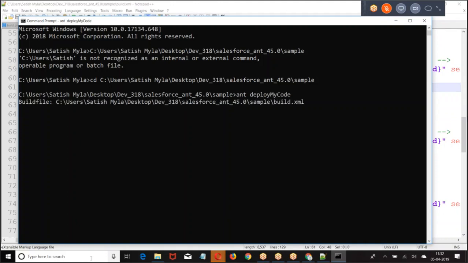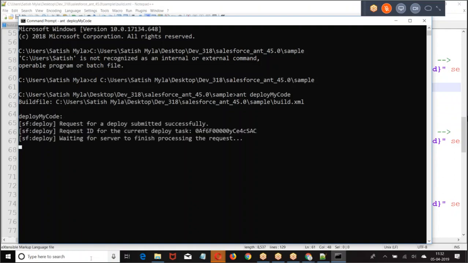Still the old package.xml file, still the path is not set.